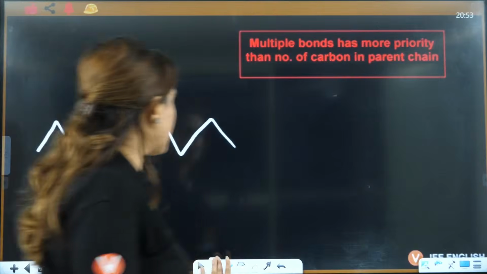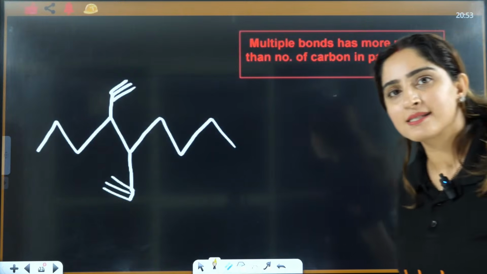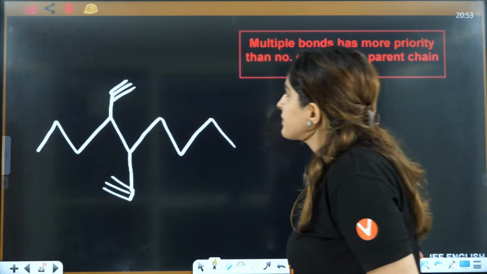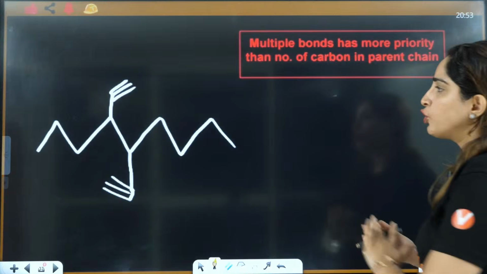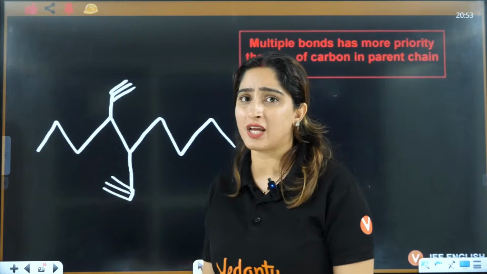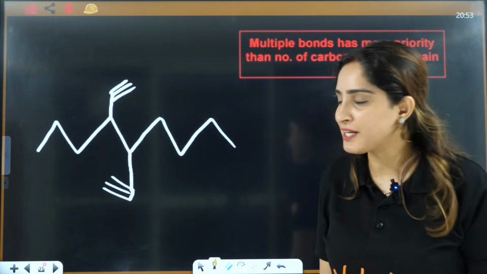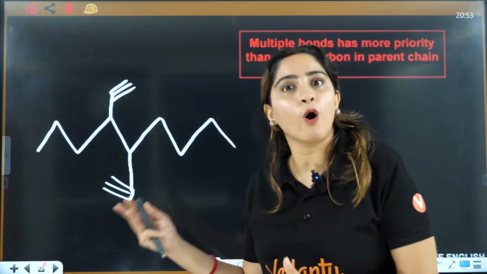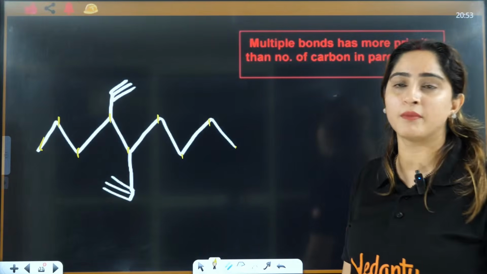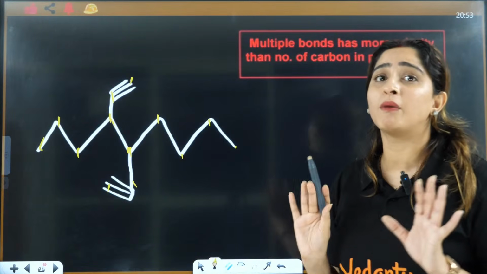Next one is this one. See what structure is given to you and how we are going to answer this structure. Everybody in the chat box? If you see this here, 2 multiple bonds are given to you. Now, we have an option. Either you can choose this longest chain. 2 things you have, 2 roads. The road not taken, we have to choose. So here one option is the longest chain, 1, 2, 3, 4, 5, 6, 7, 8, a 9 carbon chain. The other is a 1, 2, 3, 4, 5, 6 carbon chain, but I have multiple bonds.